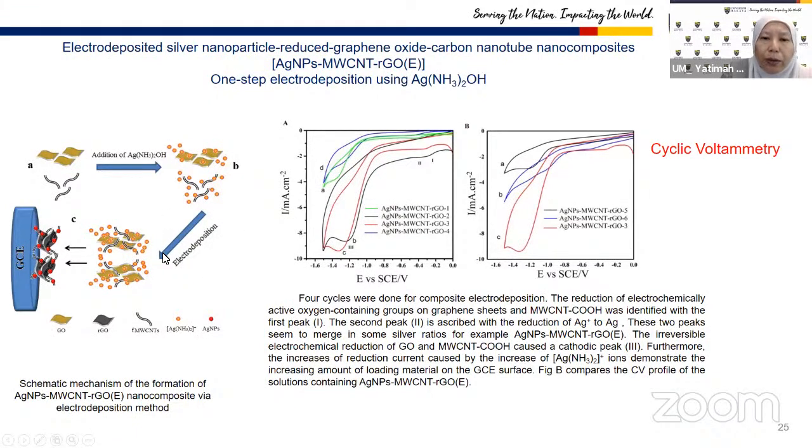We try to reduce using this potential window between 0 to negative 1.5 volt to do electrodeposition, so that you can deposit the silver nanoparticles and also the multi-wall carbon nanotubes together on top of the GCE. So we are studying using cyclic voltammetry. We can see the different reduction peak occurrence representing the type of material